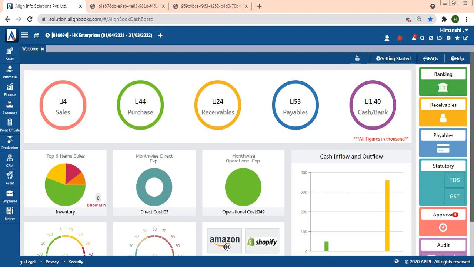If you have any query, you can put it there in the chat box. Okay, I think